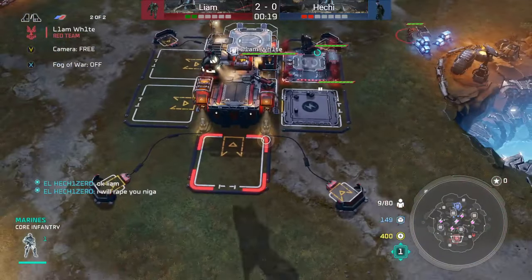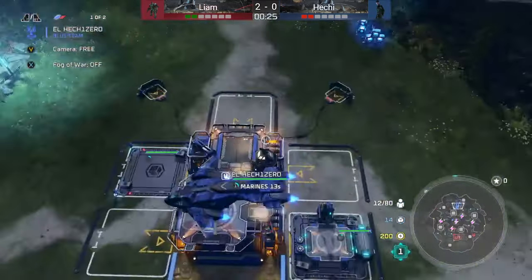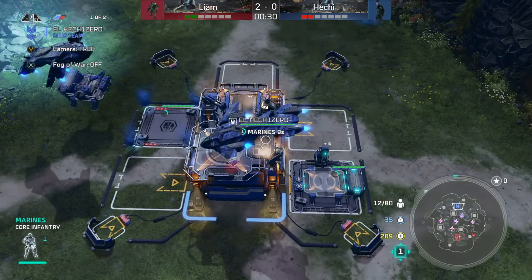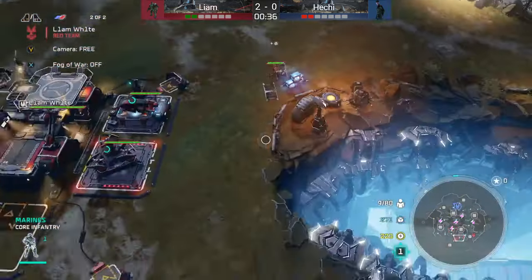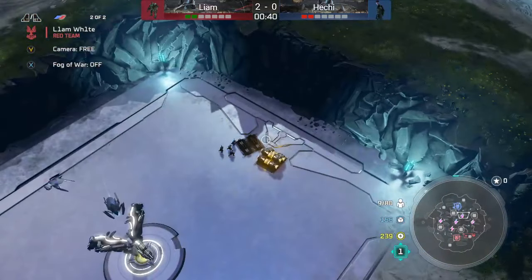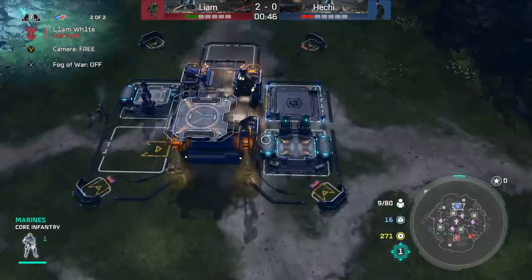Okay, cool. In the southwest, in the red, we have Liam playing as Johnson, going Gen second. And we have, in the northeast, in the blue, playing as Cutter, Hechi, both opening up with Marine and Gen second for Liam. Because he sent a Marine down to this yellow, he will be able to afford this Gen second